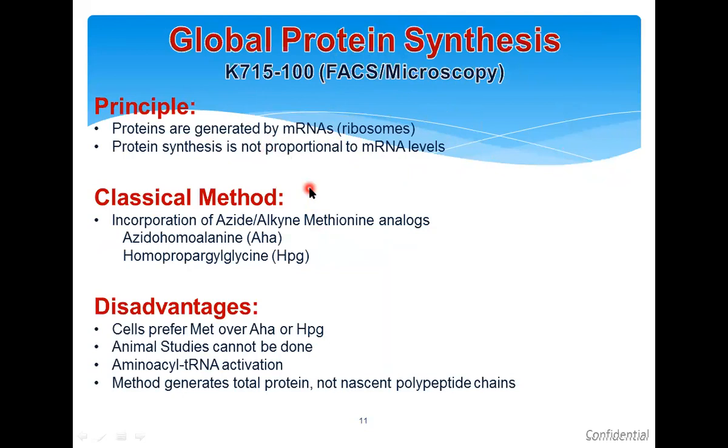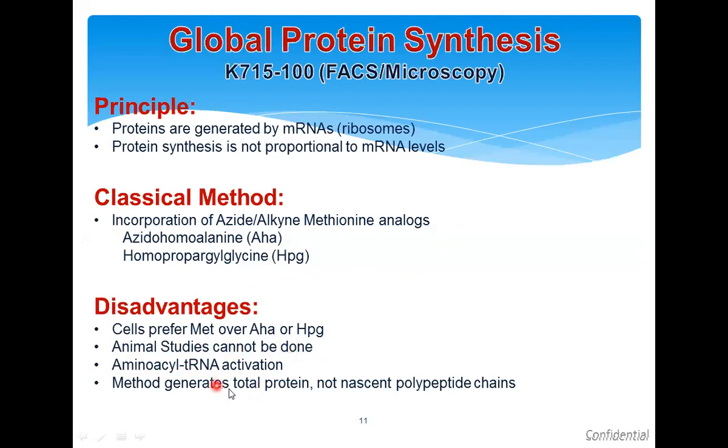So what's the classical method people use for studying protein synthesis? It is either incorporation of azide or alkyne methionine analogs. These are the two analogs of methionine. What's the disadvantage of the classical method that people have been using? Cells prefer methionine over these two analogs, so the amount of incorporation will be less. You cannot do animal studies, and you need to activate the tRNA for